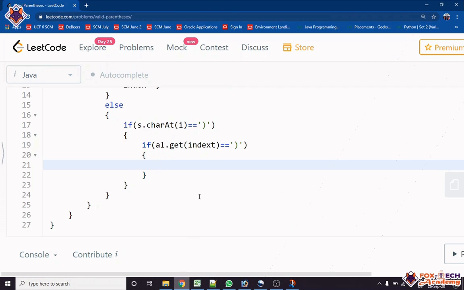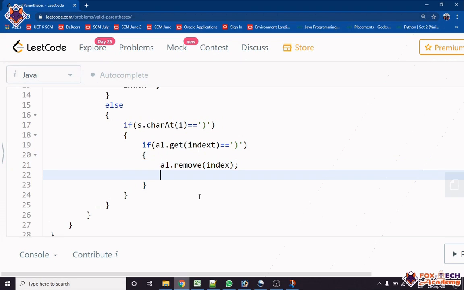So we will remove the item with al.remove(index) and index--. Or suppose our popped data is not equal to our expression character, then it means that our expression is not right, so in the else we will return false.